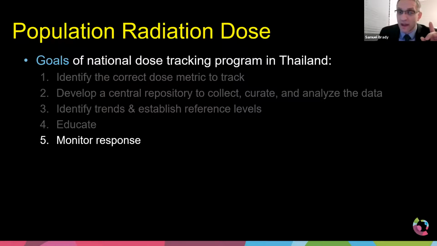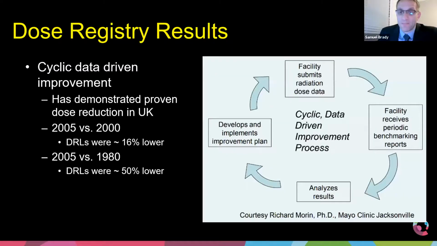All right, so we've taken the data, we've calculated it, we've come up with the DRLs, which you have done in Thailand. Now you've taken that data back to help educate, so we can start the most important process of all of this. It's to monitor response. So when you take this data and you go back to the hospital, you show them how they can improve. And you provide them tools, you provide them education on how to improve their dose levels and their image quality. And as you do this, year after year, every 3 to 5 years, as you cycle through this, you will see